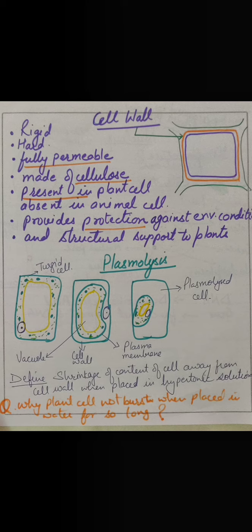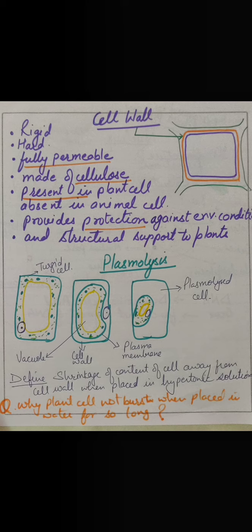Now there is a word, plasmolysis. Before that, in the cell membrane topic, there were three types of solutions which we did, and one activity related to raisins and eggs was also shown to you. They are hypertonic, hypotonic and isotonic solutions, if you remember. In that, one solution we took was hypertonic, where the amount of sugar in the water is large. So what happens if we put a raisin, or any material made up of living substance, plant cell or animal cell, in the hypertonic solution? The result was shrinkage of the content. Now see, with the help of the diagram, this is shown over here.